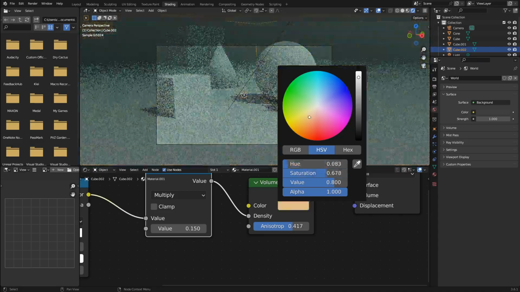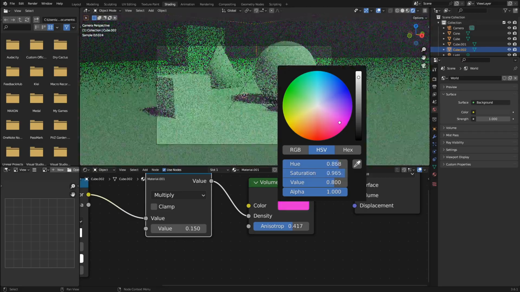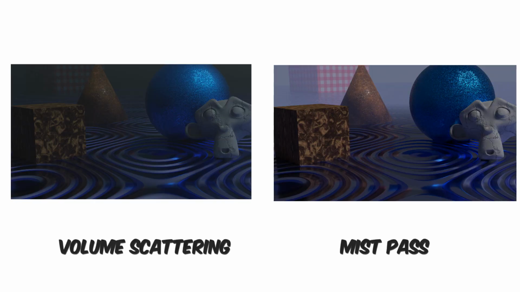After messing around with both things for a while, this is what I got. Also, just a disclaimer, the volume scattering way is pretty intense on your PC compared to the mist, which adds no render